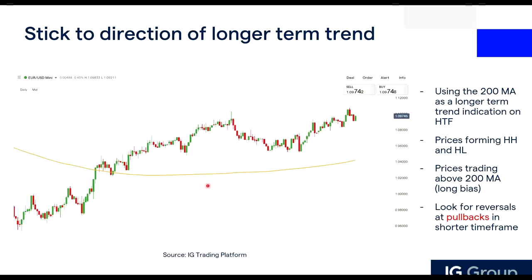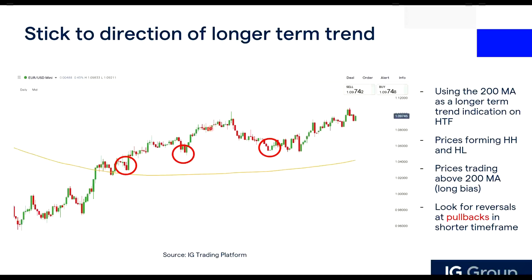You notice that in the uptrend, it doesn't go in one straight line, directly straight. When prices are trending up, it goes up, it pulls down, it goes up. There's some form of pullback and retracement in the price. How we are trying to fit this reversal strategy in is that we are trying to buy when prices are in a pullback. So we're trying to look for a reversal pattern when it is short-term bearish, but long-term we are bullish. So we're trying to look for long opportunities in all these pullbacks.